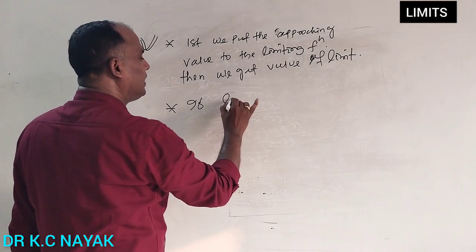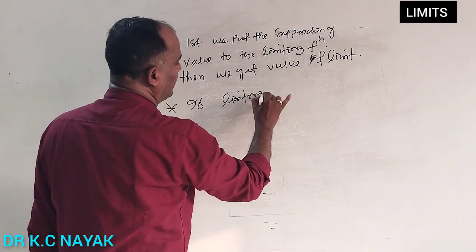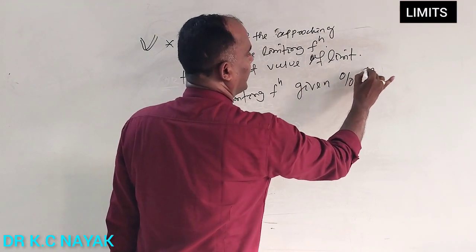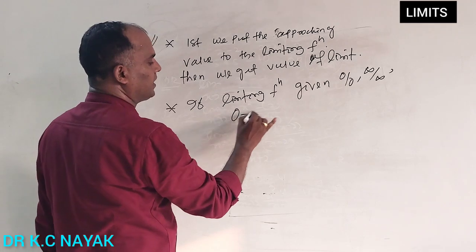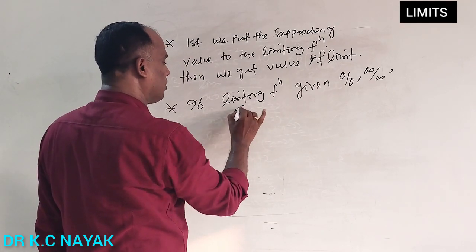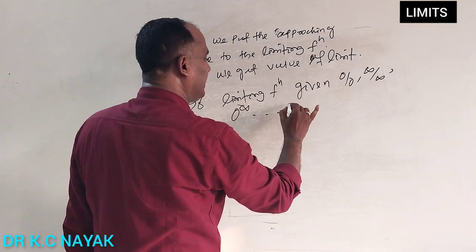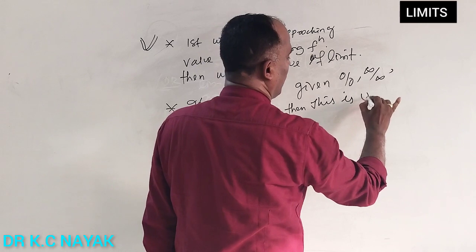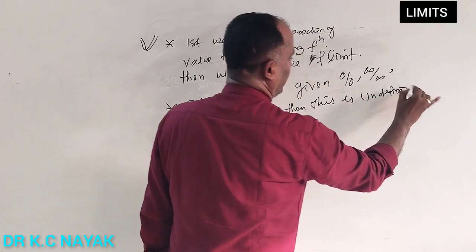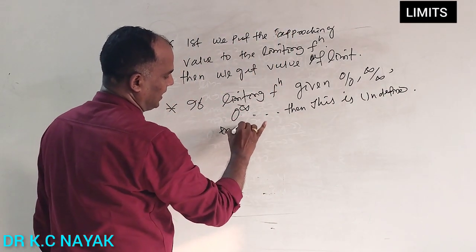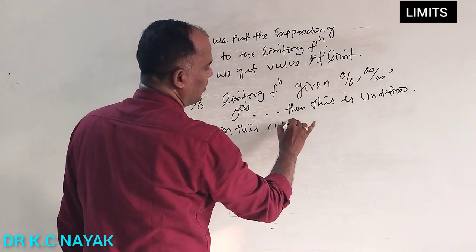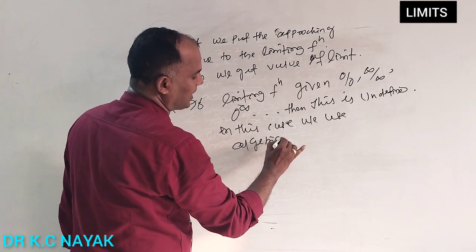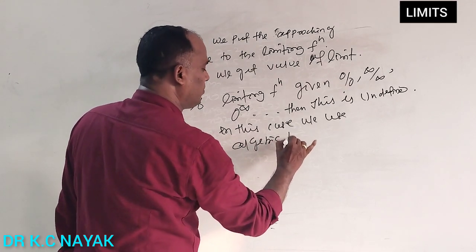If the limiting function gives 0 by 0, infinite by infinite, or 0 to the power infinite, then this is undefined. In this case, we use algebraic formula